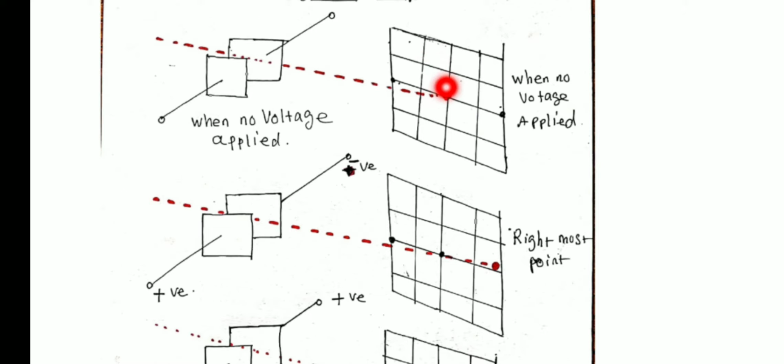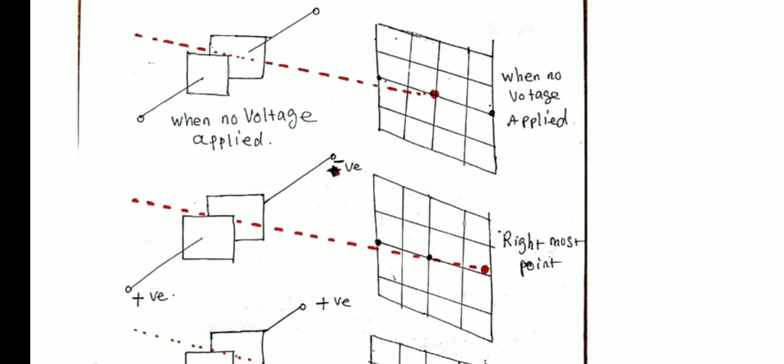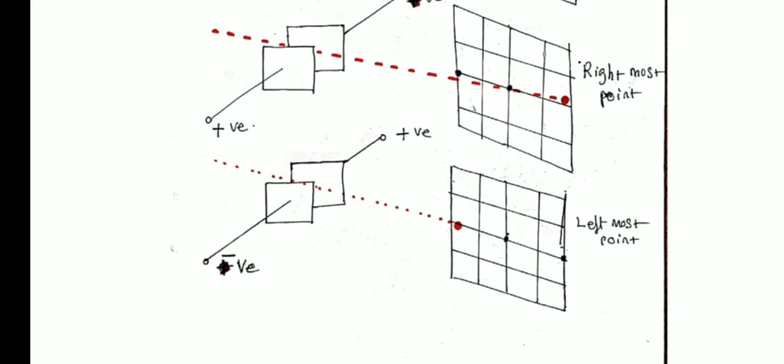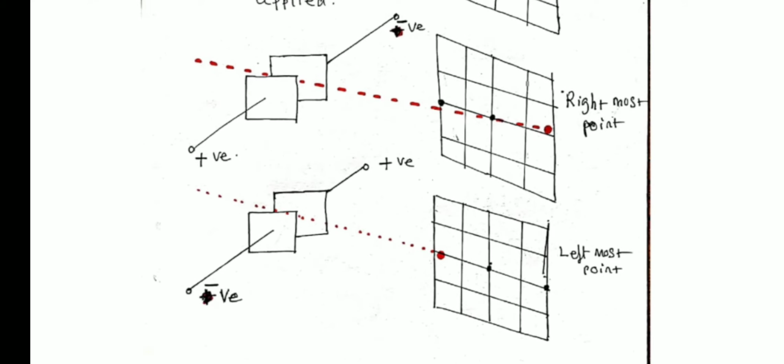Now when the voltage is applied across the horizontal deflection plates as shown in this figure, one plate positive and the other plate negative, the positively charged plate will attract the negatively charged electron beam, and the luminous spot will go to the extreme point of the right. Okay, so from the center the luminous spot will move towards the right direction,